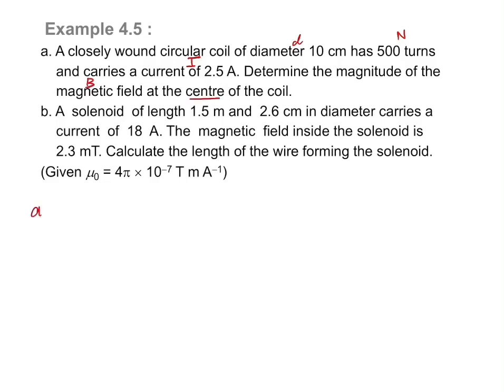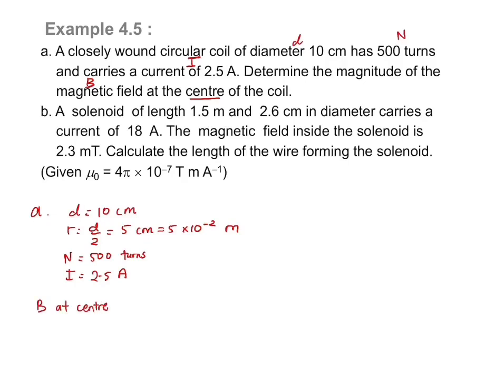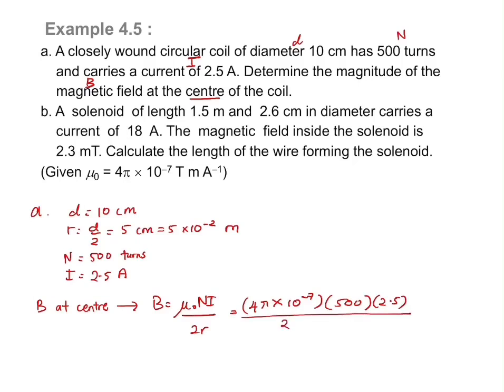To answer A, list down all the information that you have. We have the diameter. From the diameter, you can find the radius, which will be 5 centimeter. To find B at the center of the circular coil, we use the formula B is equal to mu naught N I over 2R. Substitute in the values of mu naught, which is a constant, N is 500, I is 2.5, divide by 2, and the radius is 5 centimeter. Convert to meter first, and then you will get the answer 1.57 times 10 to the power of negative 2